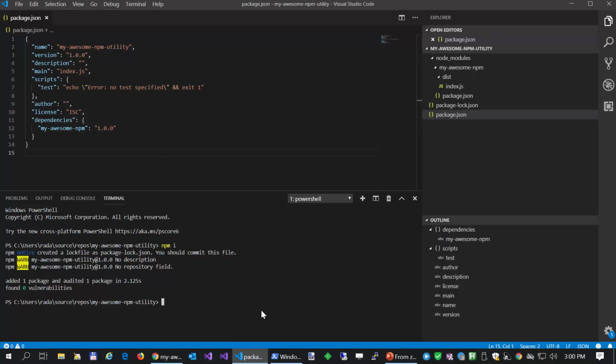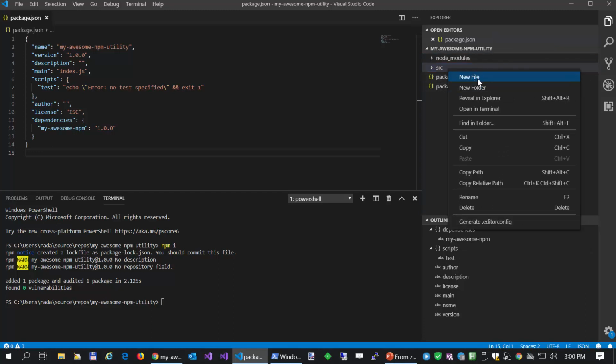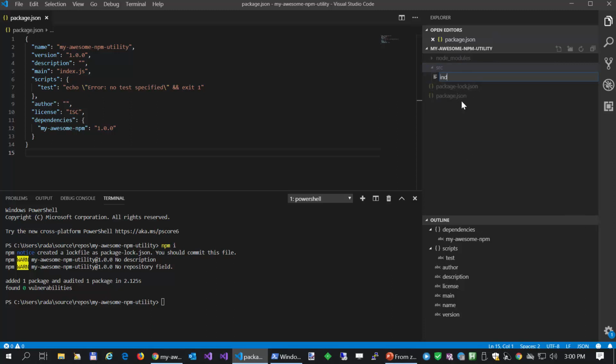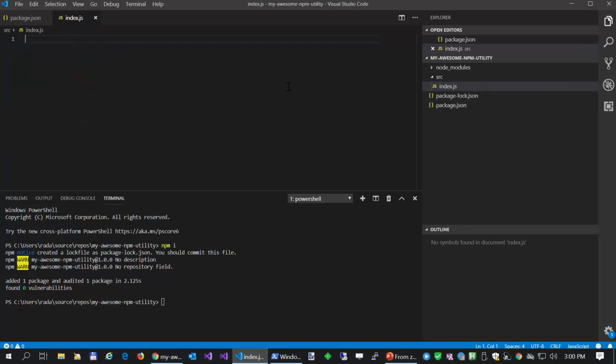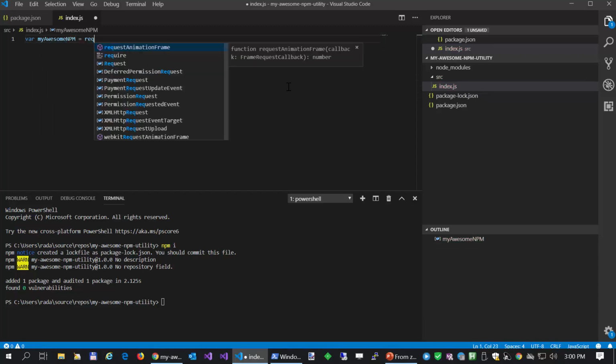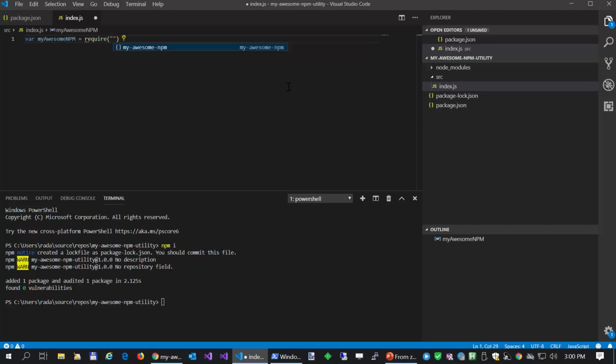And I can also run some code for you. So if this is some application, I can use it like this, and I want to require my awesome NPM from my awesome NPM. It will suggest it for me, and it is a function, so I just put it like this and run node,